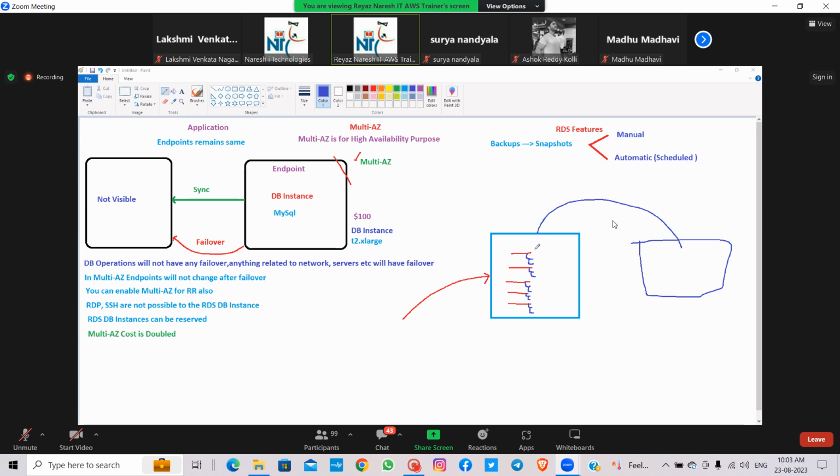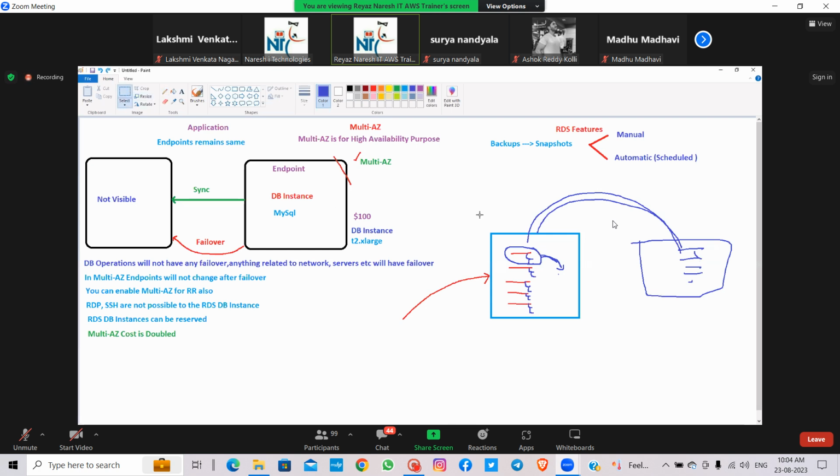But if you want to do a backup of only one particular database, will AWS do it for you? No. Developers will take care of it, since they do DB level operations. They will need to take the backup separately. From the AWS point of view, it takes the backup of the whole machine, so you will get all the databases and all the tables. Remember, that's the difference. DB level operations will be done by AWS? No. Who will take care of it?